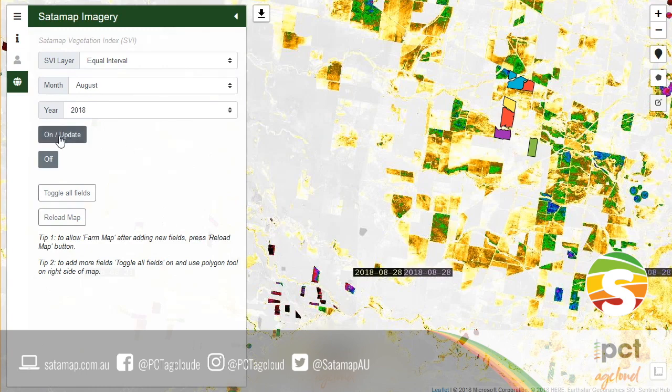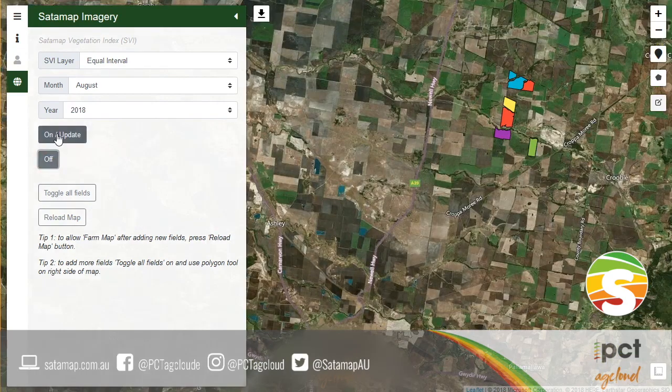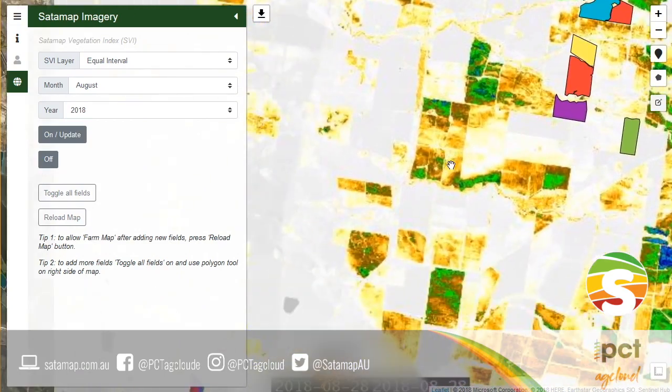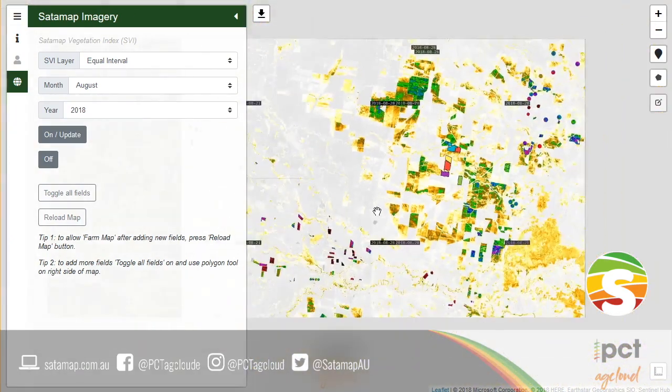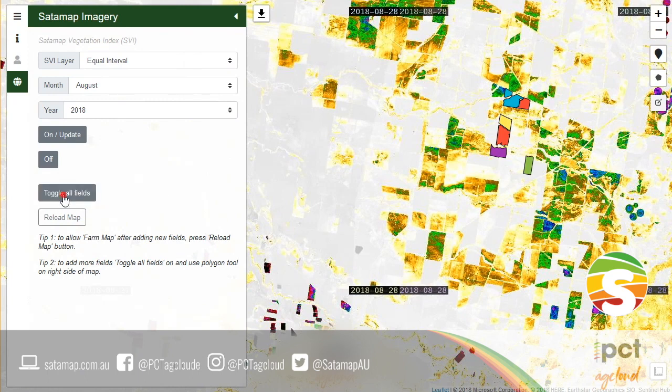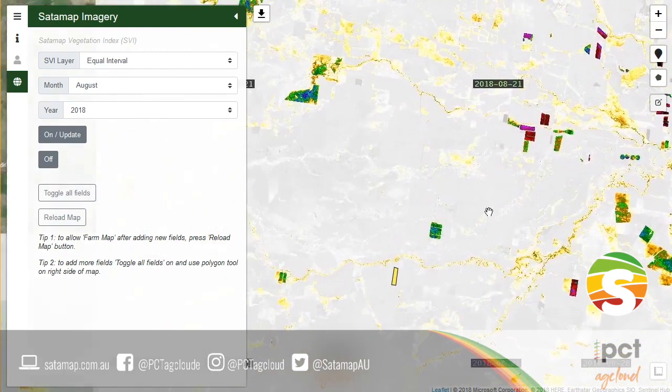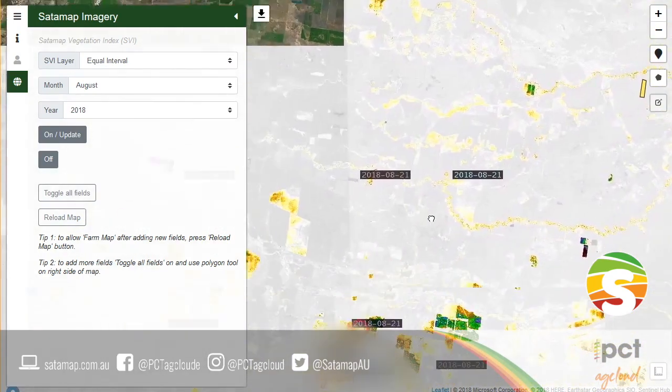And you can toggle that on and off. The next thing we can do is toggle all the mapped fields on and off, because they get in the way of the SataMap imagery. And finally, what you can do is